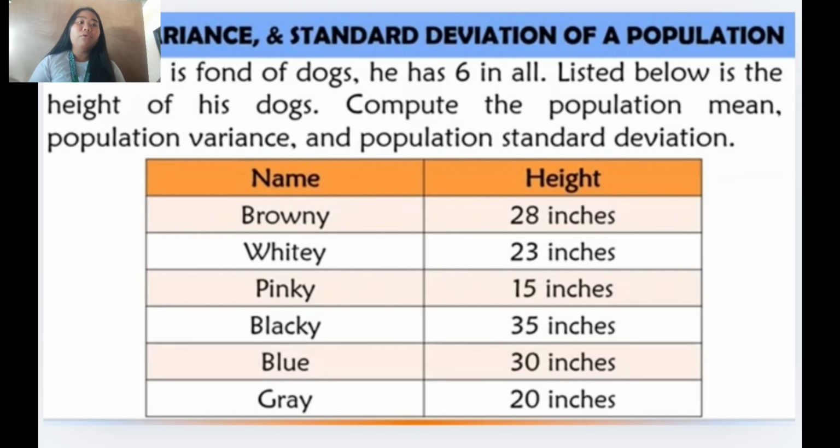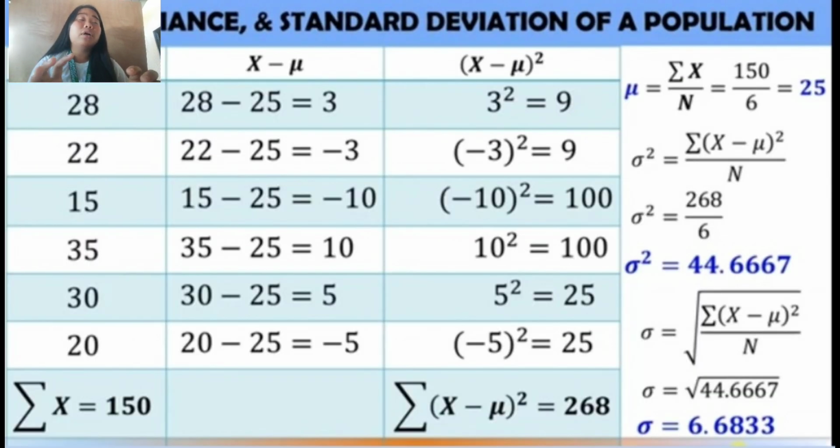So, the height of Brownie is 28 inches, Whitey is 22, not 23, it is 22. Pinky is 15, Blackie is 35, Blue is 30, and Gray is 20 inches. So, let's solve it. First, we can construct a table, which has 3 columns. The first column is X, which is the